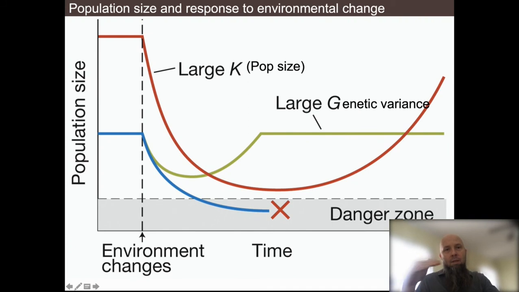The green line represents a medium-sized population that for some reason has an enormous amount of genetic variance. Lots of genetic variation already there. And so that dip in the population size was much less pronounced than in the large population that did not have as much genetic variance. Okay? So the response of populations to changes, this is a change that affords different fitness levels to different genotypes and phenotypes. The response of that population is entirely dependent on how much variation there is in the genotype, in the phenotype